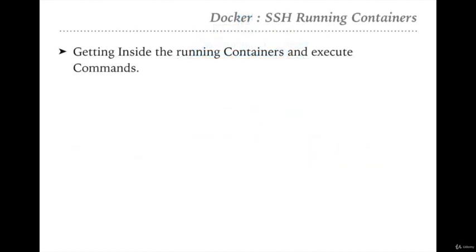So today we are going to discuss how we can get inside the running containers and execute a few commands. We will go inside the running containers and execute any desired command. This is a very helpful feature in Docker which we will use to debug and analyze any kind of issue, and we can change anything inside the running container. For this we need to use the docker exec command and the format would be like this.